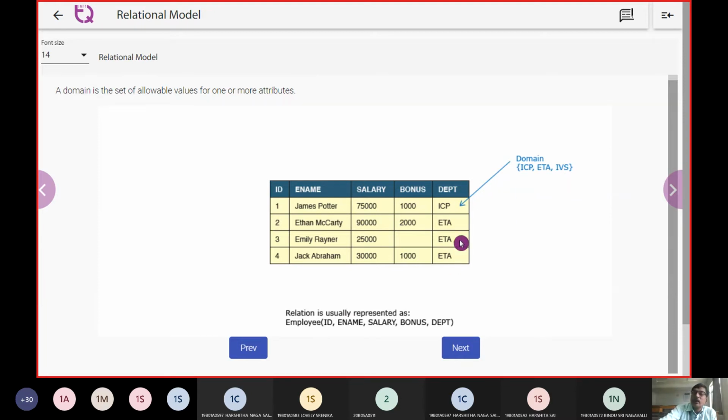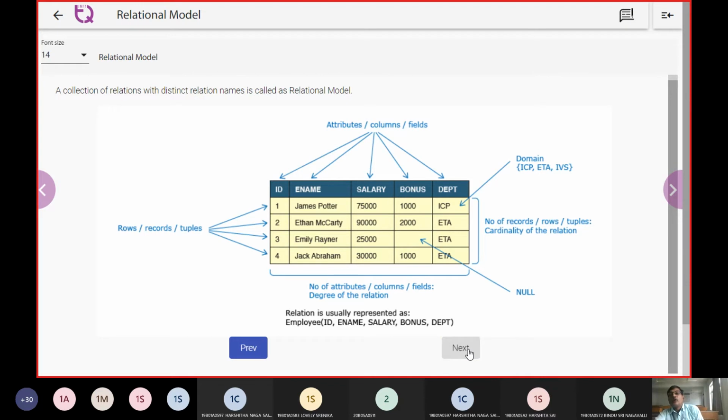So whatever values we are going to tell, those values are going to be part of the rows. They are going to be part of those domain entities. It can be 1 ICT, 2 ETA, and 3 IVS, not more than that. So fitting all these three pre-defined values, as we can say, in a drop-down box, in a combo box, whatever values we give, that is fixed. Similarly, fixing those values, we are going to call here as domain.